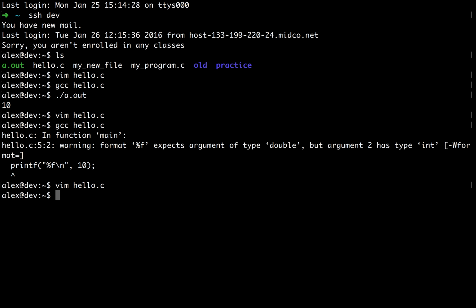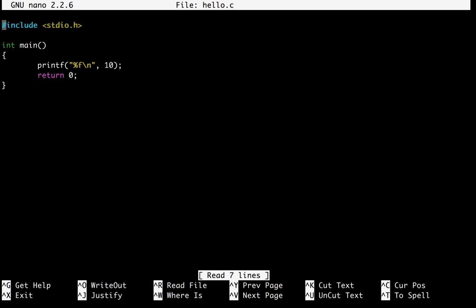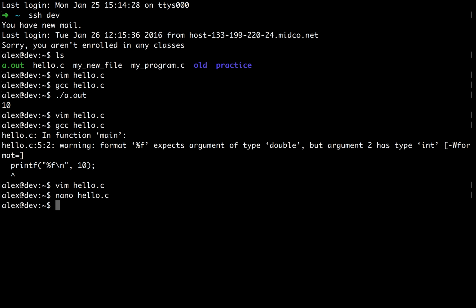Again, worth noting that I'm using the Vim editor just because I'm more familiar with it. But when you're just starting out here, you probably want to just use nano. So you just say nano, and then your file name. And then Control X to exit out of it. If you've made any changes, it'll prompt you to save, push Y, and then enter, I believe, and it will save the file. But going back to this,